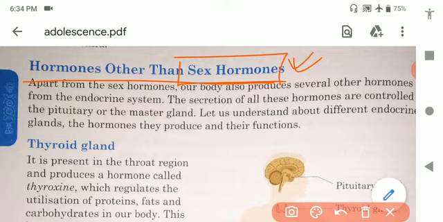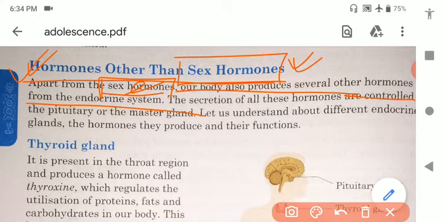Now we will study the other hormones that are present in both male and female, and that are responsible for different kinds of functions in both male and female. So let us study. Apart from the sex hormones, the body also produces several other hormones from the endocrine